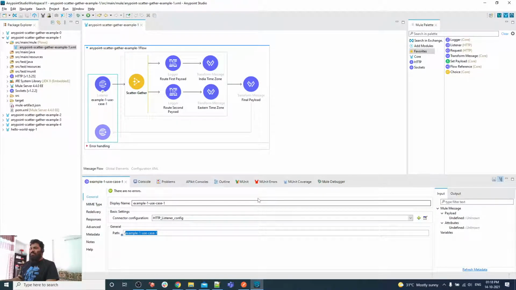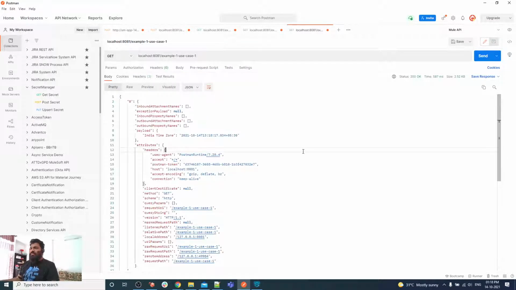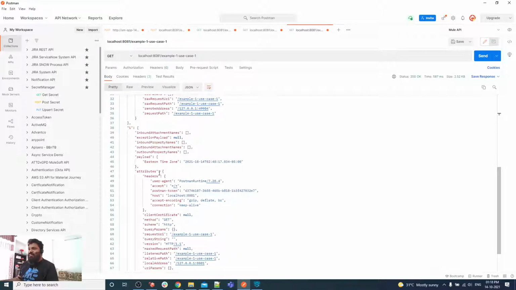The path we are using is this one. Let me paste this path here and send. Yes, so this is the output. We are getting a Mule message where in the zeroth one we have this payload: the IST time is this, 1318, and the EST time, the Eastern time zone, is this one.